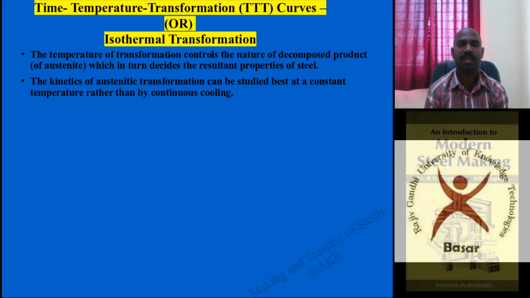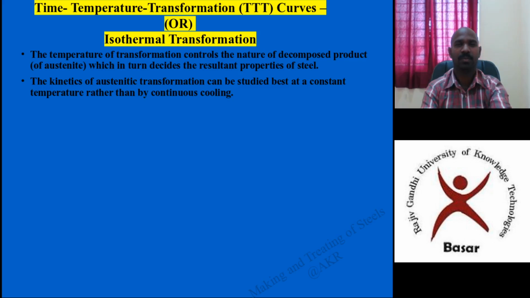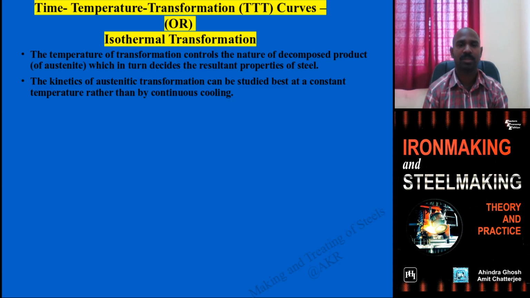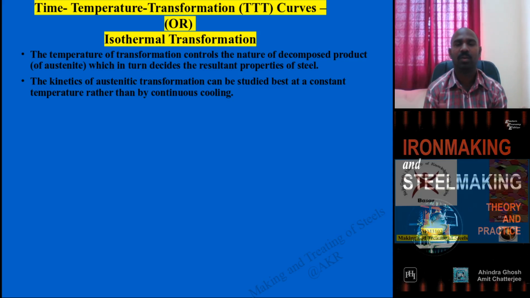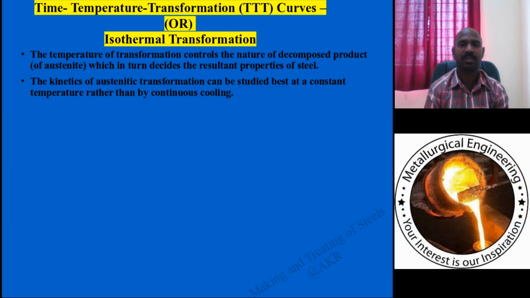The parent austenite phase is transformed by maintaining a constant temperature, which gives very good statistics when you compare it with continuous cooling. With continuous cooling also, over a range of cooling rates, you can transform austenite to martensite, pearlite and bainite. Comparatively, reproducibility and study are not optimized when you compare with the TTT transformation, which is completely optimized